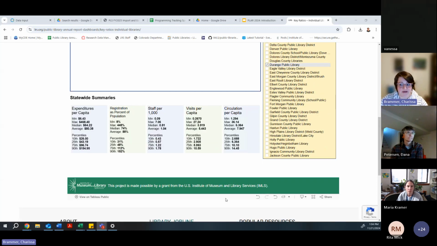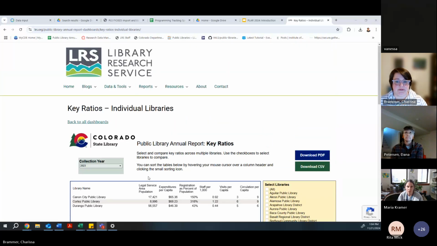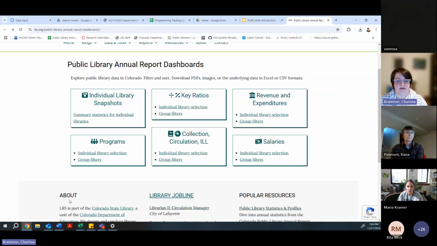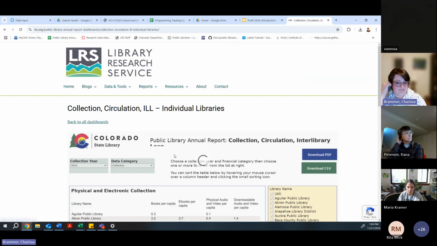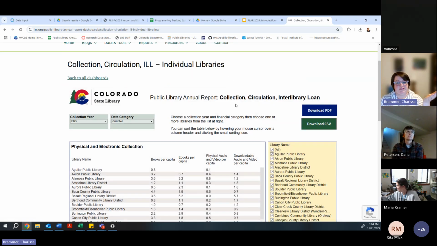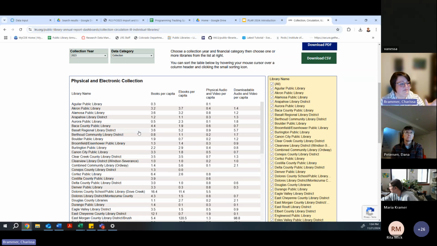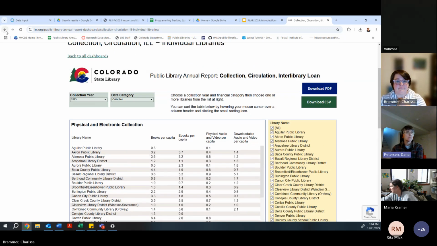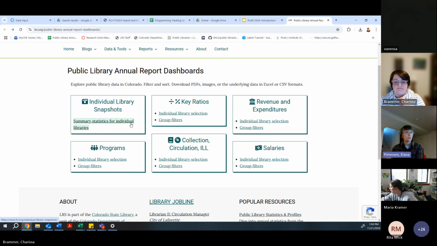We also have these statewide summaries here. You hear Kieran talk about these things a lot, and these are just super useful. Like what are we looking at as far as expenditures, all of those key ratios kind of on a statewide basis. These are all things that you can just click through too. I won't drag you through all of these because they are all fairly more or less similar, unless there's one you want to highlight, Dana. No, just explore, and if there's other kinds that you would like to see or some more individual things, please let me know. I'm happy to make whatever will work for you guys.